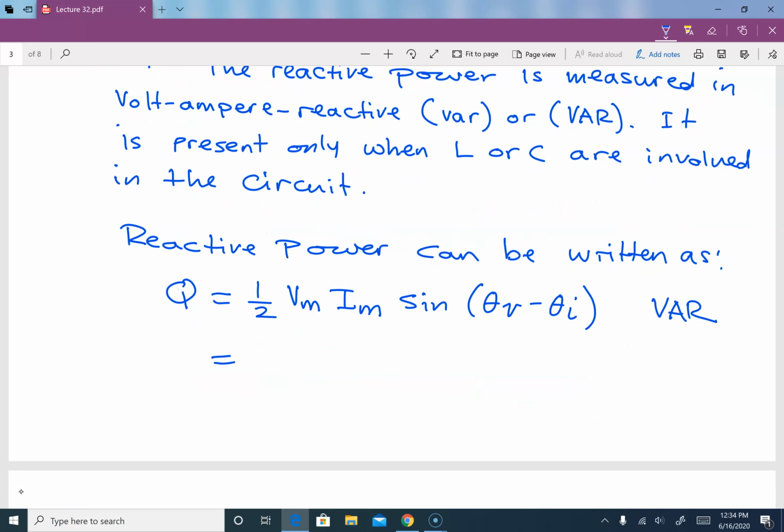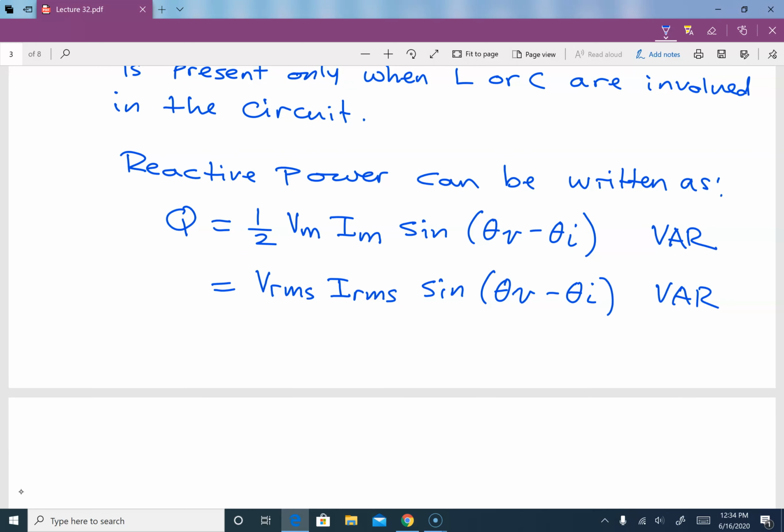Or in RMS quantities, that is VRMS, IRMS, sine of theta V minus theta I. Or we can say that our Q is equal to IRMS squared times X, or Q is equal to VRMS squared over X. However, this VRMS is the voltage